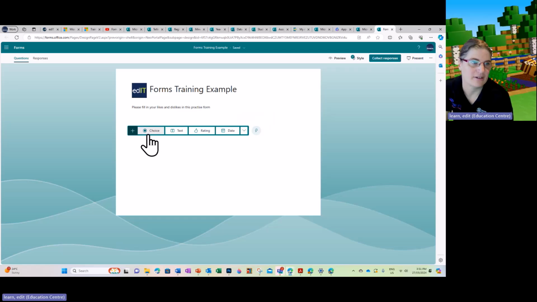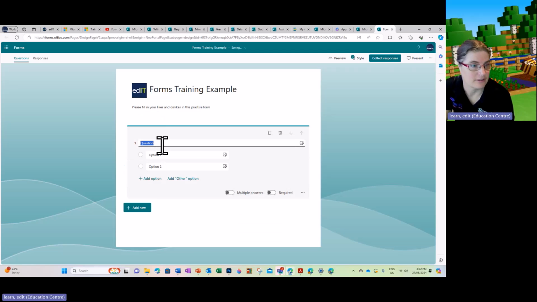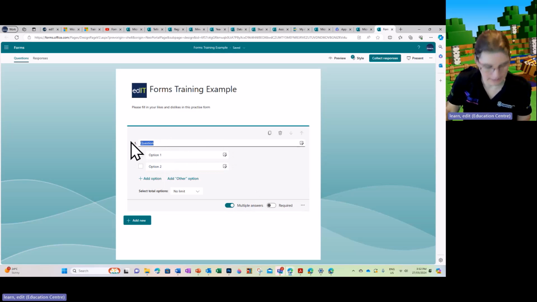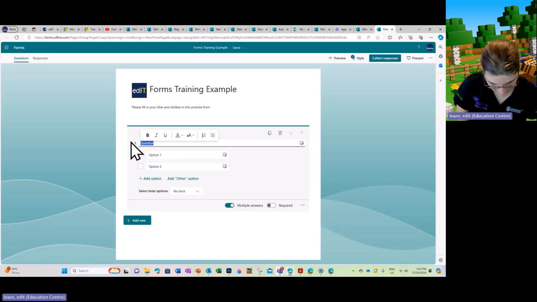But we're going to just run through the different question types and add them as we go. So click on choice to begin with. Choice allows us to put in responses for multiple choice, or we can toggle this one on here, which means that people can select more than one option. So in here, I'm just going to put in